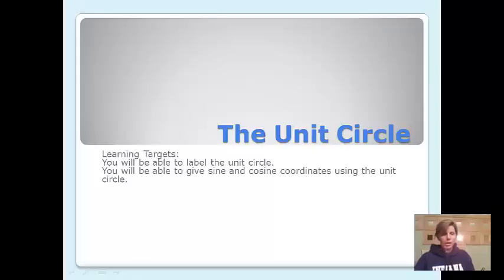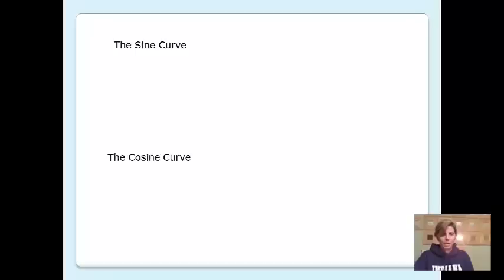The unit circle. At the end of this lesson, you will be able to label the unit circle and you will be able to give sine and cosine coordinates using the unit circle. The unit circle is based on the sine and cosine curve, so I'd like to first of all review what those look like. If you recall, the sine curve